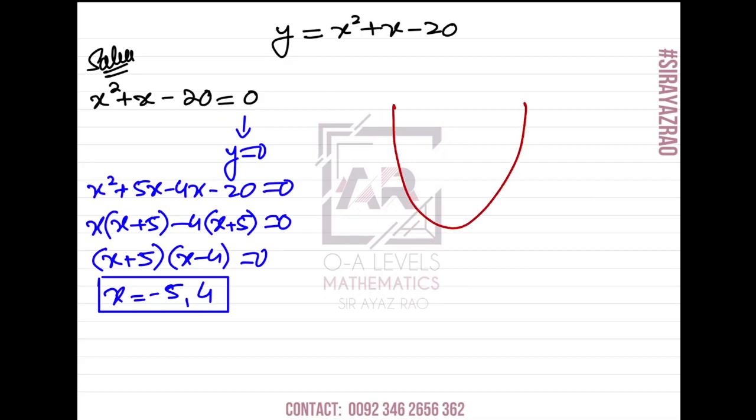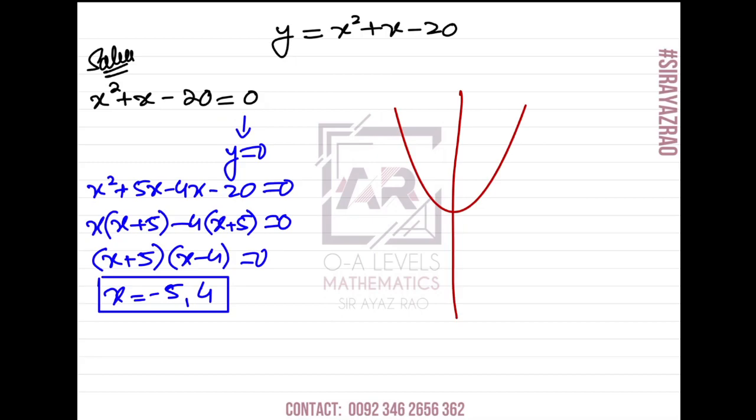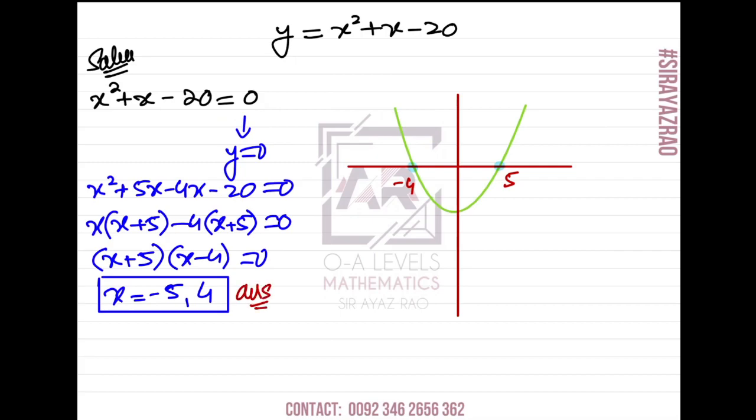You can make a short sketch of the graph. You know this, the value of x and the value of y. See, this is the graph, the quadratic graph here. Let's just make it with a different color, with the green. So we have these x values, minus 5 and 4. So you have to think, what is the value of x when y equals 0? That's totally fine. This is the final answer. The value of x equals 4 and x equals minus 5 when y is equal to 0. But what if they ask you